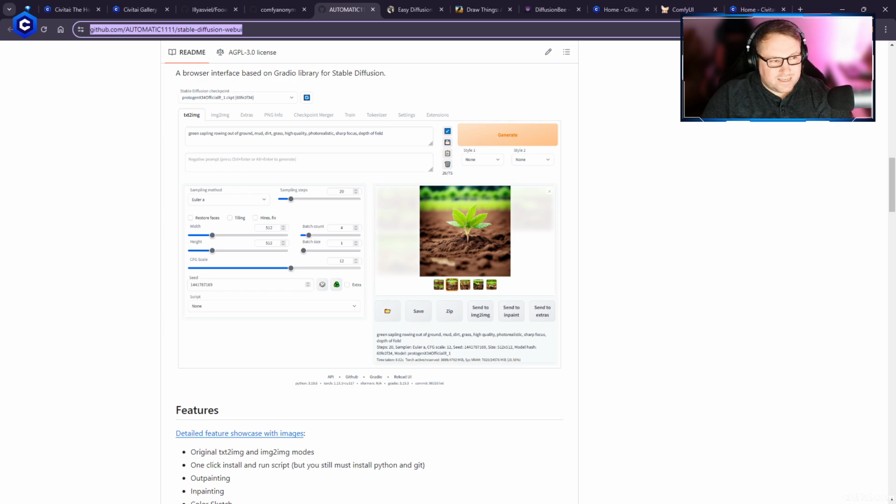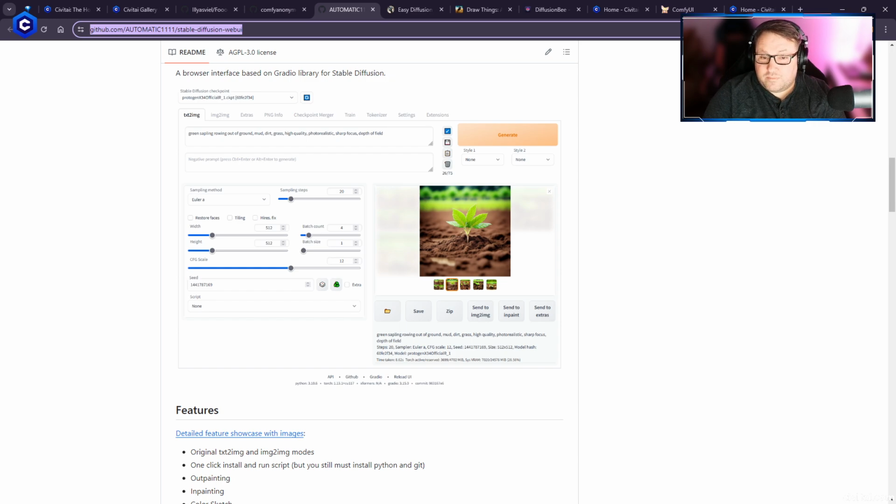So today we're going to have a look at an interface called Fooocus. Fooocus is a super beginner-friendly interface, but it's unique in that it only works with SDXL models. If you're not aware of what SDXL is, originally Stable Diffusion came out with a model called 1.4, and then a model called 1.5. Most models on Civitai are derived from that base 1.5 model. The latest iteration of Stable Diffusion is called SDXL, and it has much better image fidelity. It follows prompts a lot better, but the requirements to use SDXL models are